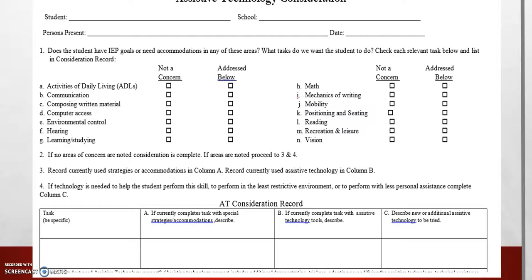So in the first box, you're supposed to list the tasks that they need to do. Is it writing? Is it reading? Is it math? Which area above needs to be addressed first? The second box talks about, to complete that task, are there strategies or accommodations that the student is currently using? You would want to describe it there. Section B talks about